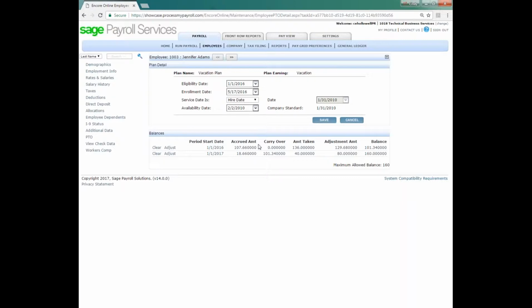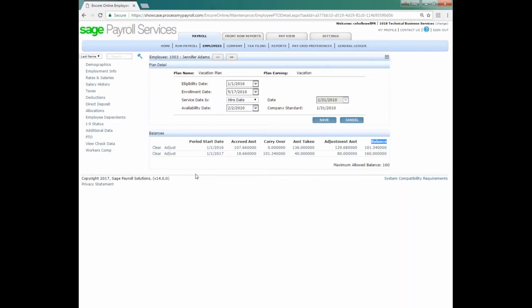We'll define your carryover rules. So is the employee allowed to carry time over at the end of the year, or is it a use it or lose it? And then the amount taken year to date and the remaining balance are both printed on the